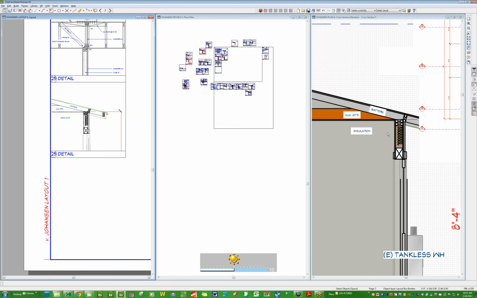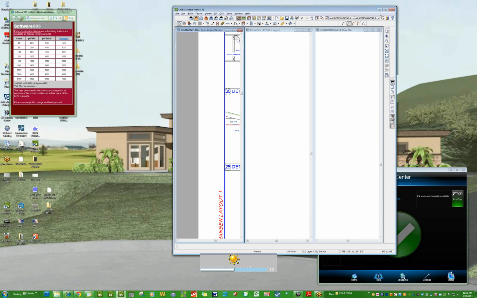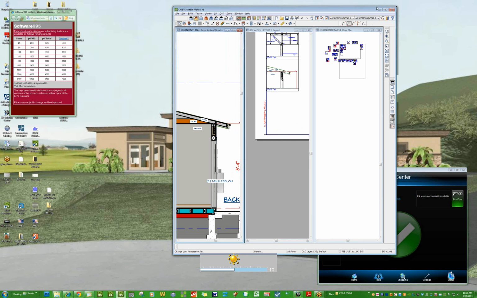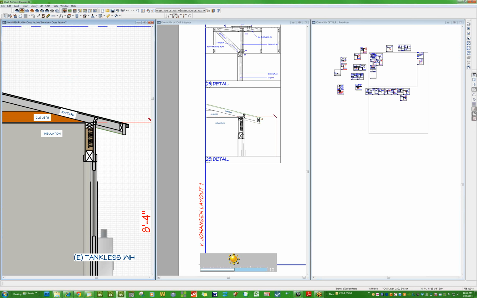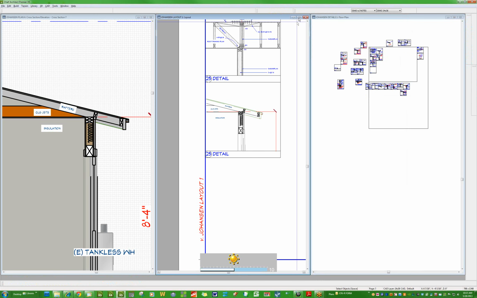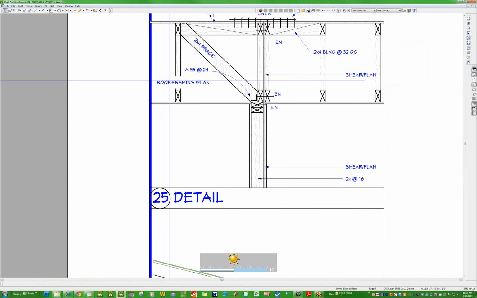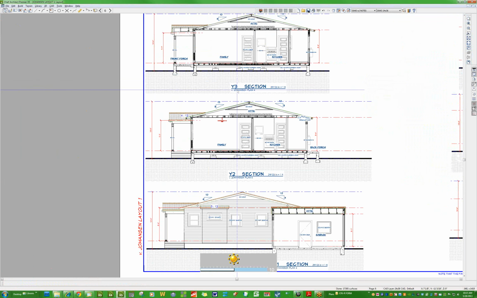The problem is if you move this wall over, then it's really going to affect the detail. You get what I'm saying? And if I go back to my F6. Oh boy. Oh, this is so slow now. This is a very, very small file. Oh, I don't like this at all. But if I go back to my layout, right here. Oh God, is it really this slow? I can't stand this. Now if I go back to my details, I bet that detail,